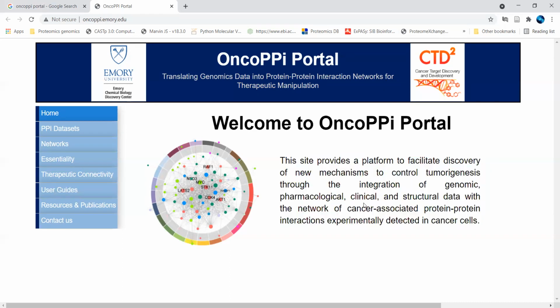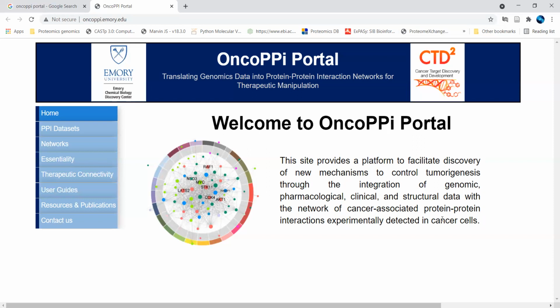Here you will find that this site provides a platform to facilitate the discovery of new mechanisms to control tumorigenesis through the integration of genomics, pharmacological, clinical, and structural data with the networks of cancer-associated protein-protein interactions, which are experimentally detected in cancer cells.